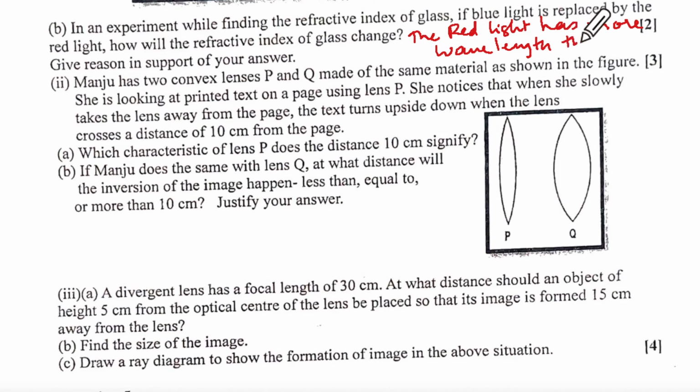Ma'am, when they say refractive index of glass will change, wouldn't it be the same? Yeah, that is what I was looking at. But for the given color, it will remain the same. Which means if I take a monochromatic ray, which is blue, then I take another medium and again use blue, I can compare with the same color. Then I can compare the refractive indices